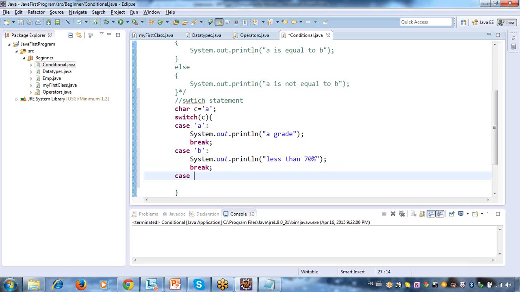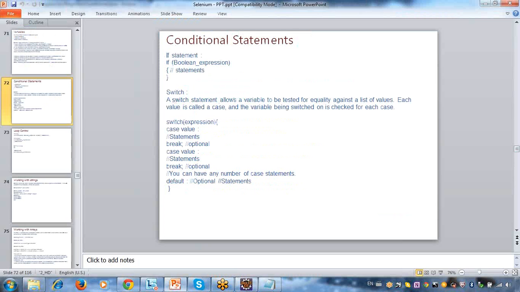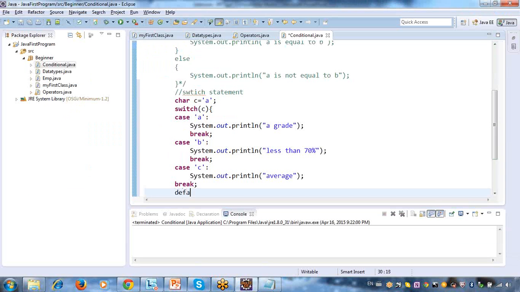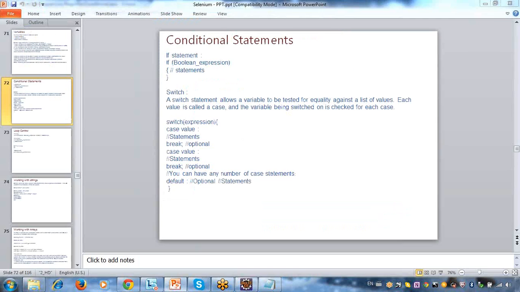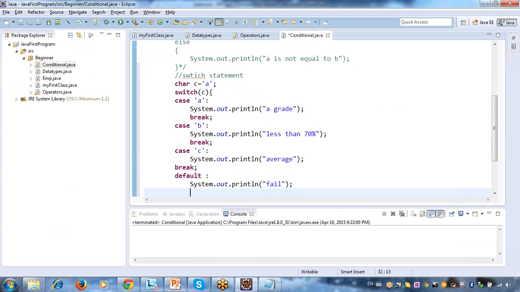Break, and you can have case C, colon, print average, and break. Then default prints fail. That means right here, everything is done.